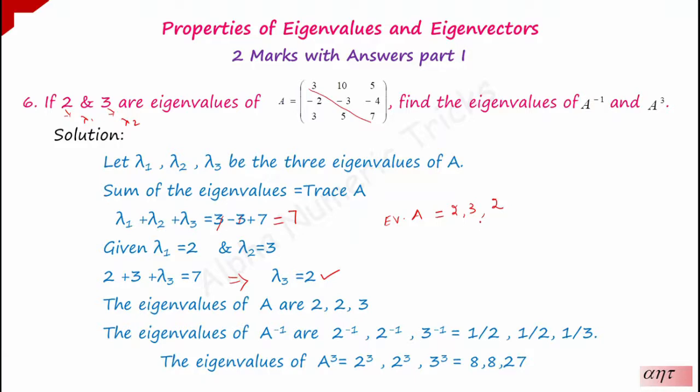Using the property of eigenvalues and eigenvectors, we can easily find the eigenvalues of A inverse and A cube for a given matrix A. So the eigenvalues of A inverse are 2 inverse, 2 inverse, 3 inverse, which can be written as 1 by 2, 1 by 2 and 1 by 3. Next, the eigenvalues of A cube are 2 cube, 2 cube and 3 cube. Whenever you have to find the cube value, you have to cube each eigenvalue, which is equal to 8, 8,